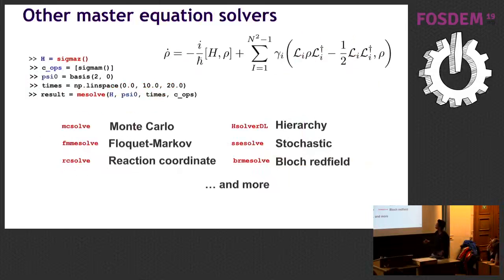Okay. And the nice thing about it is because it was developed as an open source Python project, the use case of it was always kept in mind. So once you know how to use one solver in QuTiP, it becomes very easy to switch to anything else. So you define your Hamiltonian, you define some operators, some collapse operators, you define an initial quantum state, you define how long you want to see it evolve, and then just by replacing the ME solve or master equation solve to any of these other solvers and more, you can just apply all these different methods.